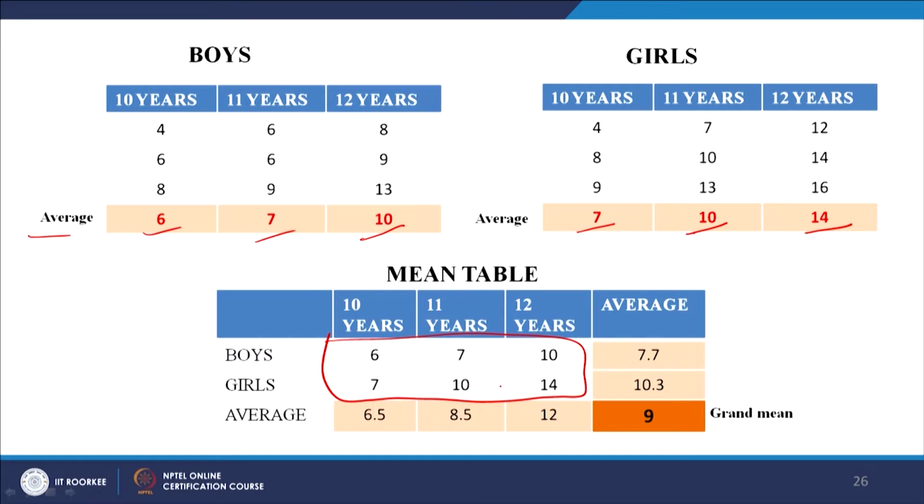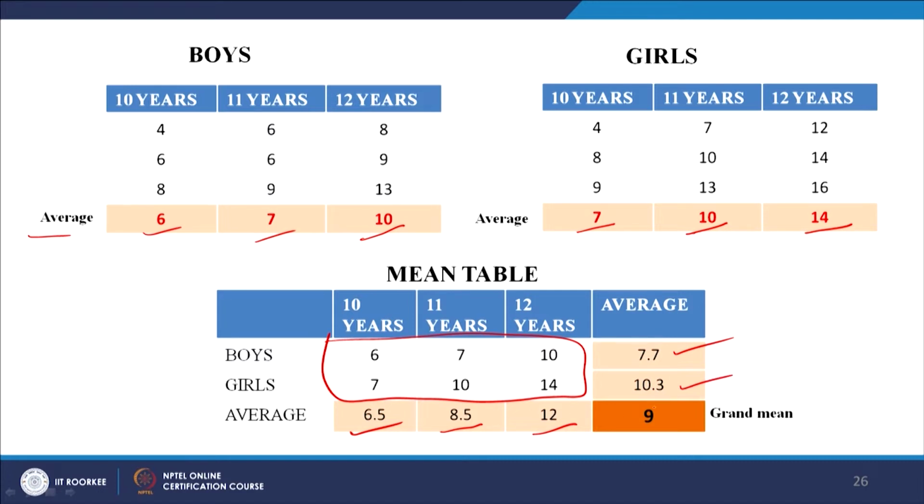14. Okay. Now, find the mean, like you are doing in the ANOVA; similarly find the mean for the rows and the columns. So, what is the column total here? 7 plus 6 is 13, divided by 2 is 6.5, this is 8.5, this is how much? 24 divided by 2 is 12. Okay. What is the column average? Now, the column average is 6 plus 7 is 13, plus 23, divided by 3, right. So, 23 divided by 3 is somewhere 3 7s are 21, so 7.7. Okay. Similarly, this is 10.3.